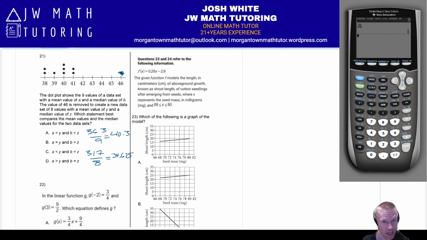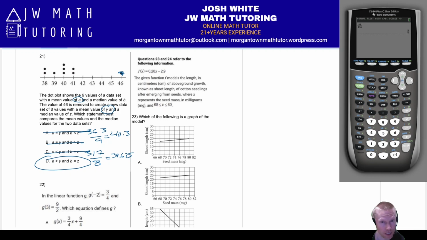So in other words, A is going to be larger than Y. Okay? So if you look at these answer choices, notice through process of elimination, we already know that the answer is going to be D. We don't even have to worry about calculating the median for both of them. But